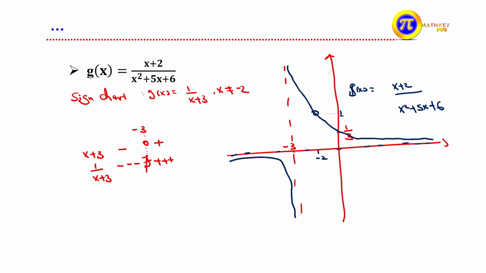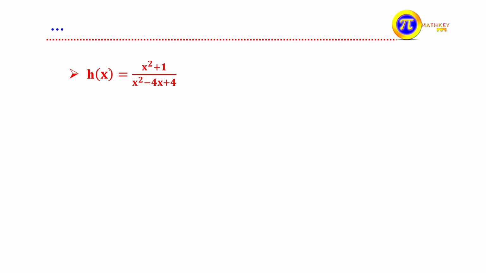For the analysis of sign checks, it is better to apply a sign chart, because it gives you a clear idea. So you have to apply a sign chart. After that, sketch the graph of your function. Let us see the next one. It says h of